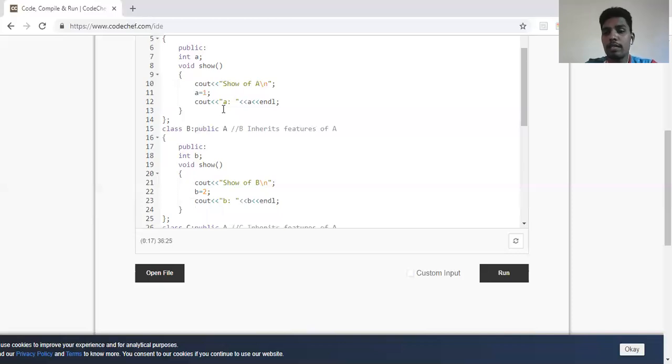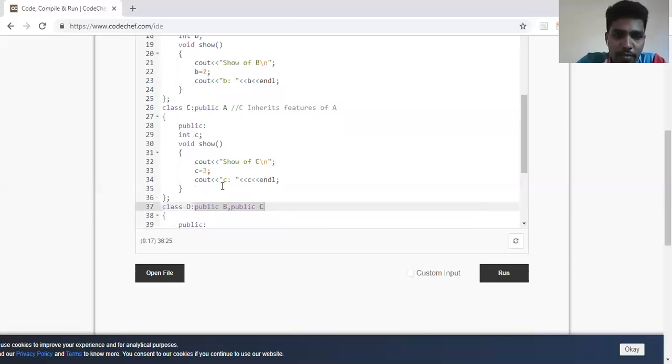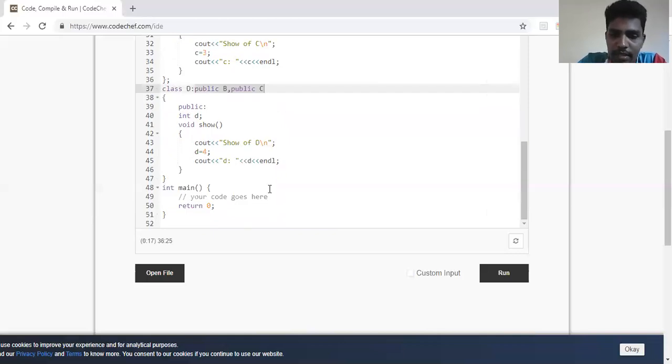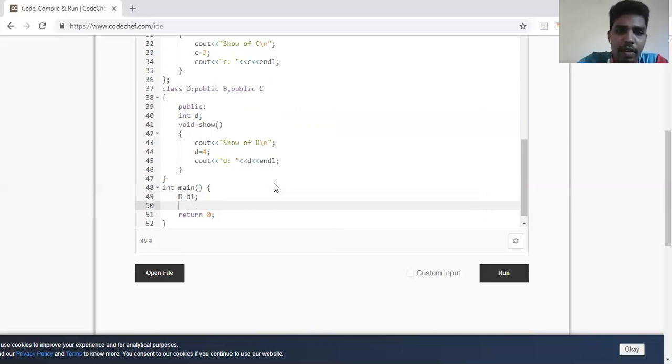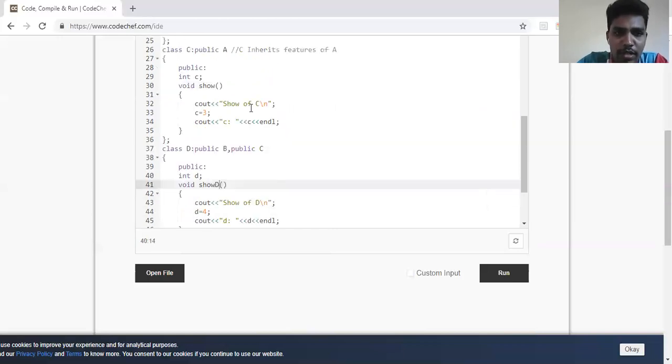This particular concept is called polymorphism, where when I call it, it's overriding. We call this kind of polymorphism as overriding. So what happens is if I write d1 dot show, so to differentiate, let me write it as show of D, so that I'll tell the polymorphism concept a little bit later.